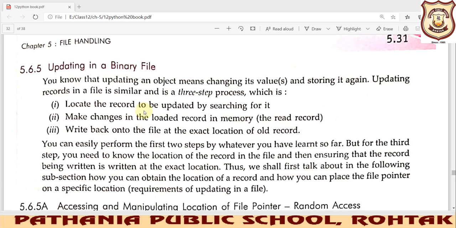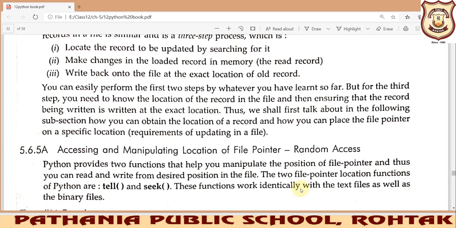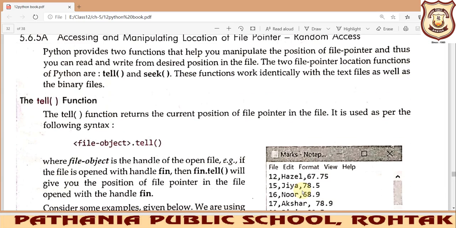We'll try implementing this updating in our next class, but today I just want to give a little bit of an idea that we'll be using 2 random access functions for updating a binary file.